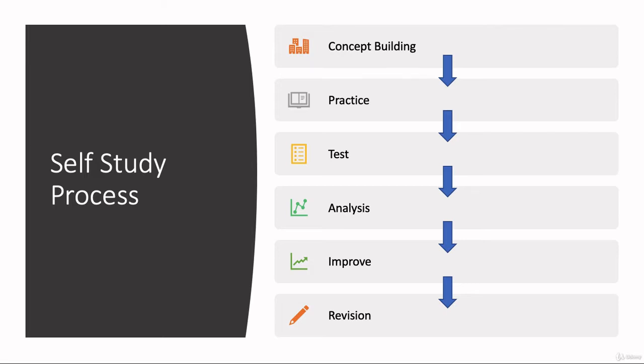In the upcoming lectures, we'll be discussing quant and verbal in detail and how to actually make a summary and an analysis sheet of your own. We will also be iterating more on the self-study process and understanding a study timeline of how to get a 700 plus score in 2 months of preparation.